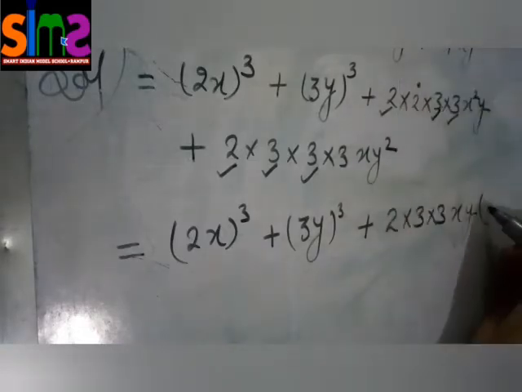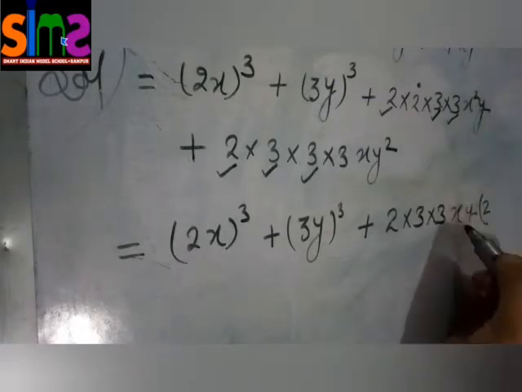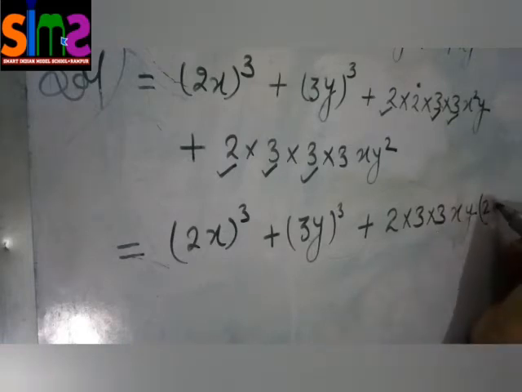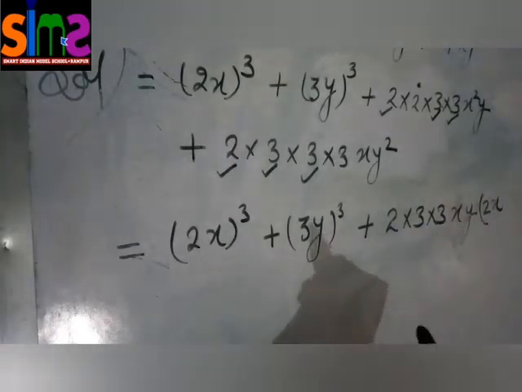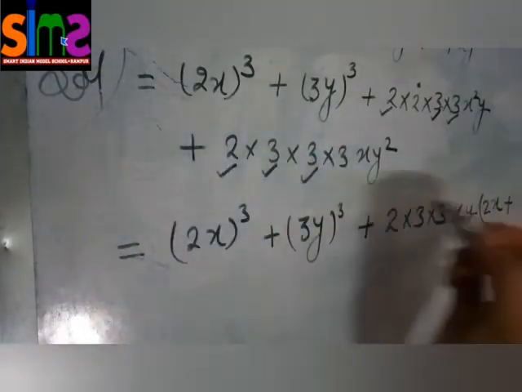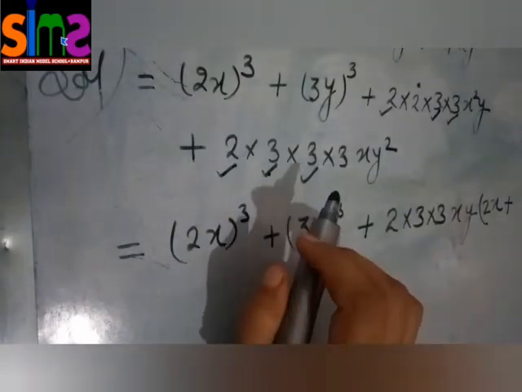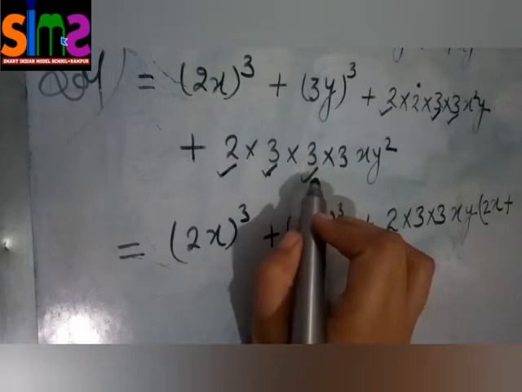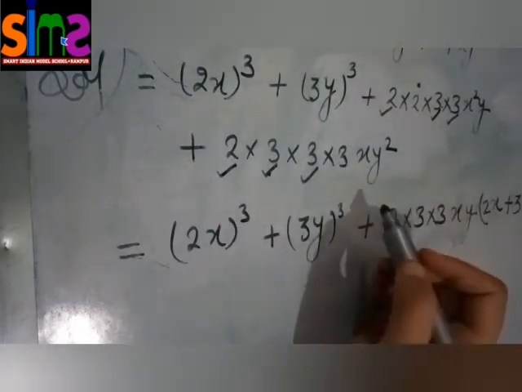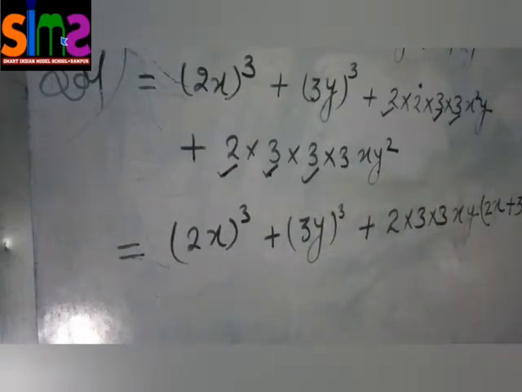Now this one 2, 1x, because here is x square and we took out only x as common factor, so x will remain as it is. Then the sign of plus. Now this 2 has been taken out, this 3 also has been taken out, this one 3 has been also taken out, but this is an extra 3, so we will write down 3 here, and x has been taken out, 1y also has been taken out, so 1y is the remaining part.